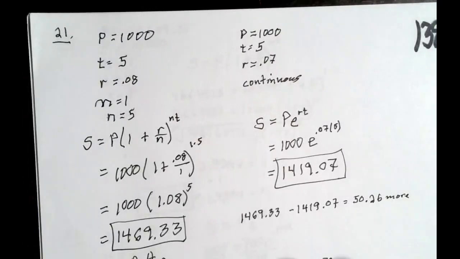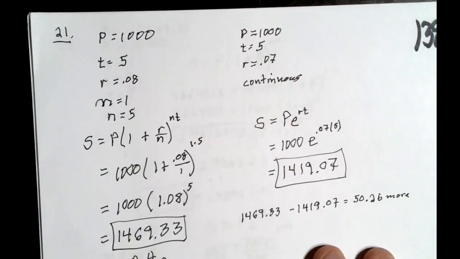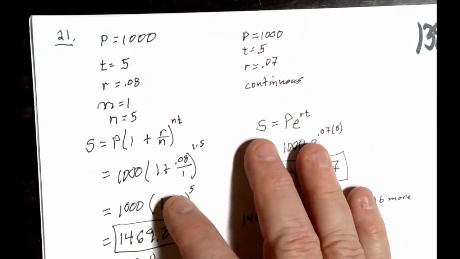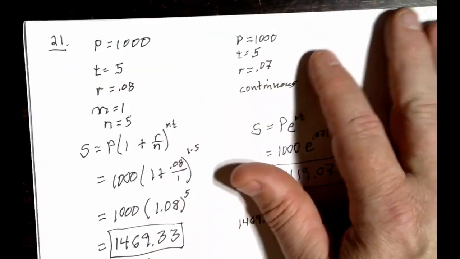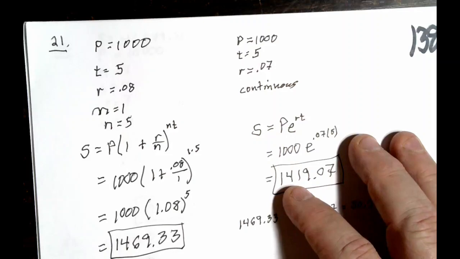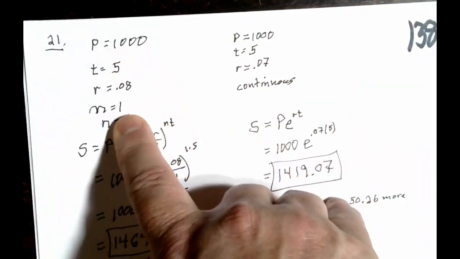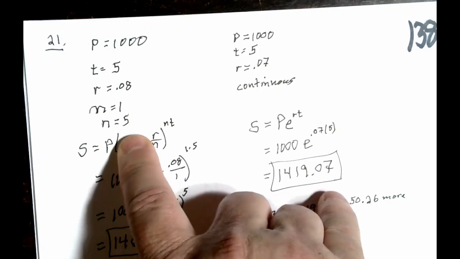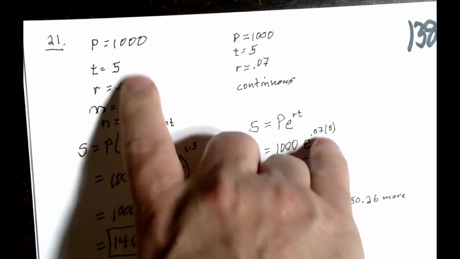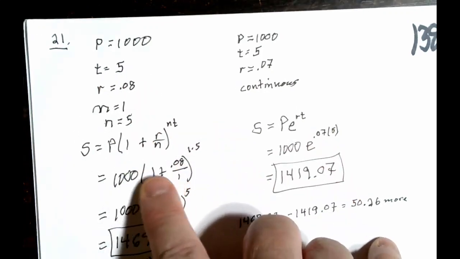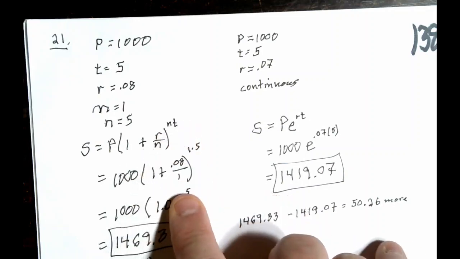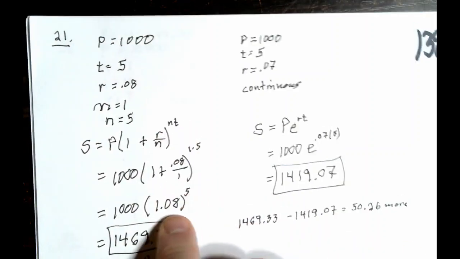Okay, now 21. Which investment will earn more money, 1,000 for 5 years at 8% annually, or 1,000 for 5 years compounded continuously at 7%? So 1,000 for 5 years at 8% compounded annually. So remember, N is M times T, or 5. So you got all these numbers you already know. Plug them all in. You get 1.08 to the 5th times 1,000 is